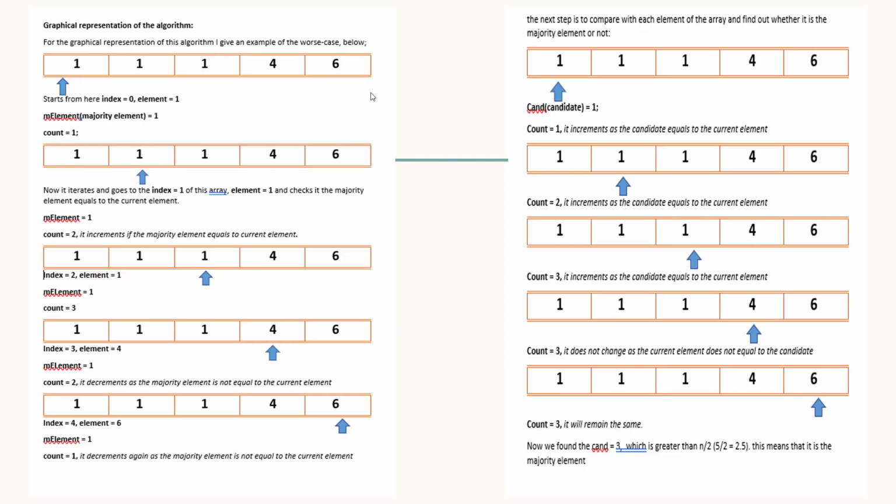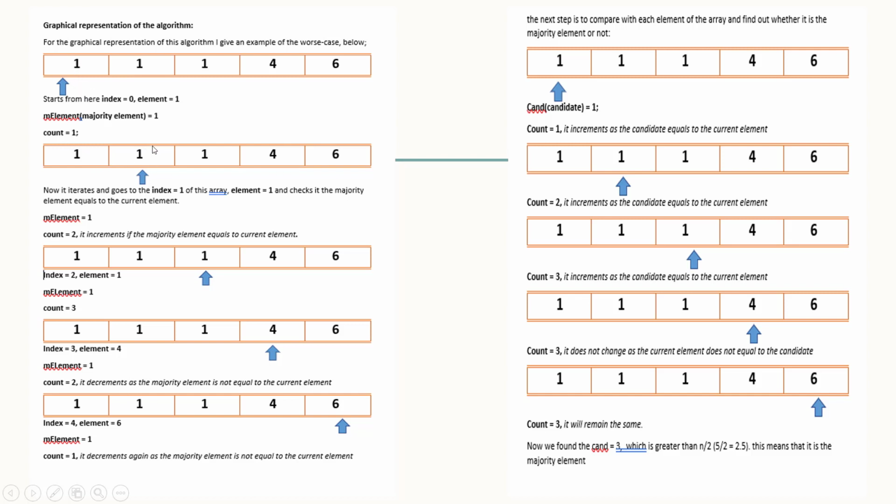Here is the graphical representation of this algorithm. For the graphical representation, we represent an array here. We give an example of the array. This is actually the worst case of this algorithm. So the array has 1, 1, 1, 4, 6 as elements. We start from the first index, which is index 0 here, the first element, which equals 1, right? Now the majority element is equal to the first element here, which is 1 for sure, and the count is